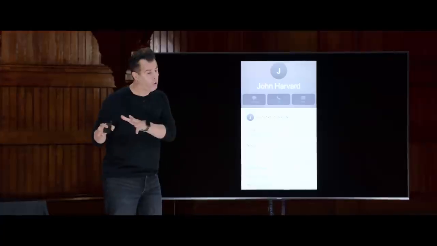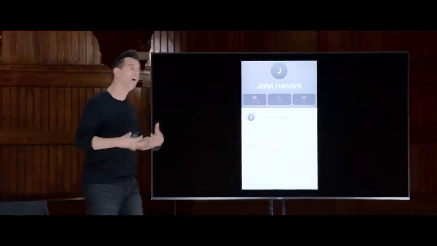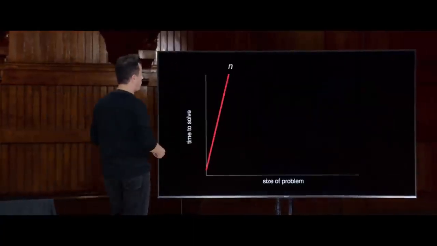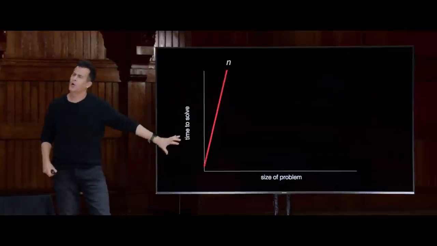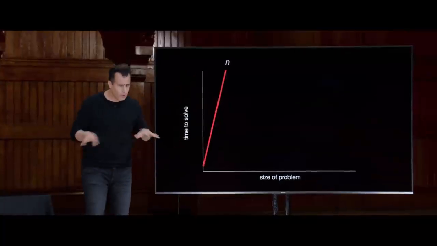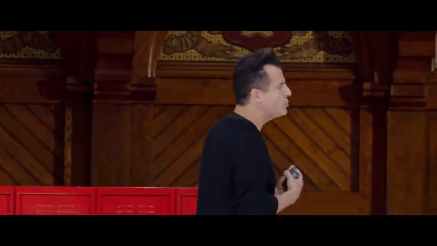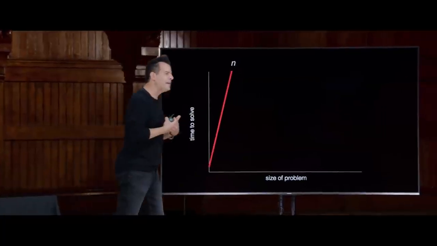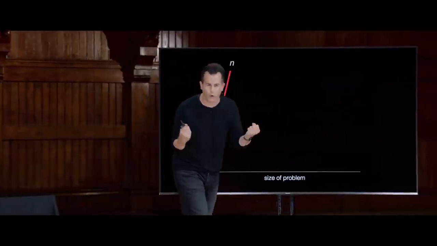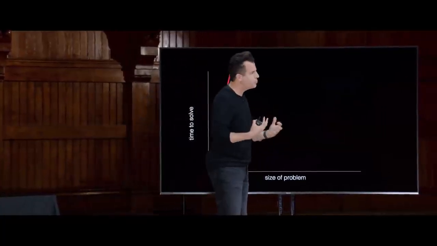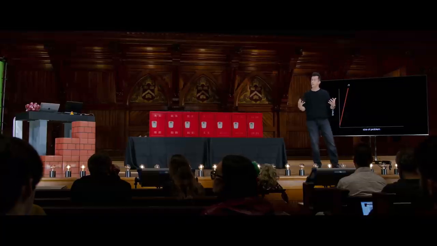But recall that among the goals of having that whole conversation about finding John Harvard or anyone in a phone book, digital or otherwise, was to talk about just how good the algorithm was. It sort of went without saying in week 0 that the algorithm has to be correct. Otherwise, what's the point of writing it or implementing it in the first place? But we also talked about design. And can you make a better algorithm by thinking a little harder about it, maybe harnessing some of your intuition, and actually speeding things up, as we discussed.